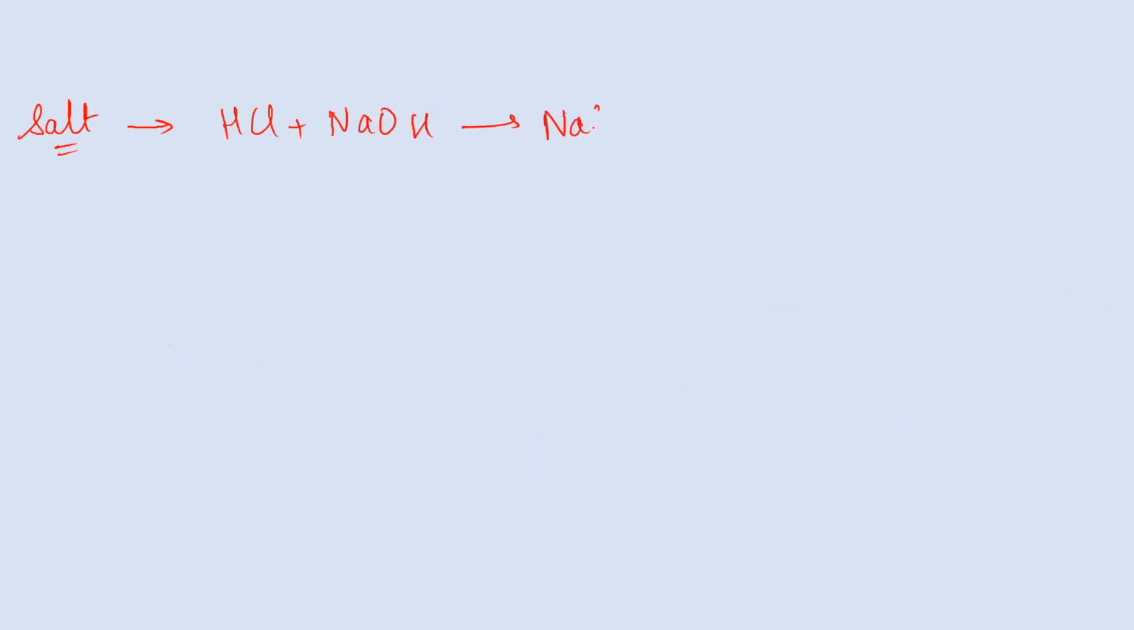So you get NaCl plus H2, right? So this is the acid and base will react and give you a salt. So when you have a salt now, how do you calculate the equivalent mass of the salt? Here you are going to consider, so valency factor here is going to be the total